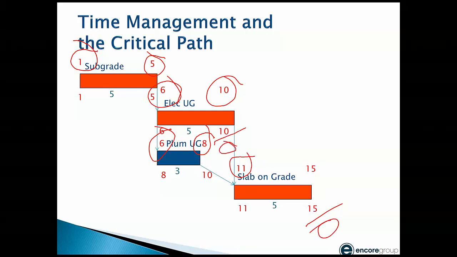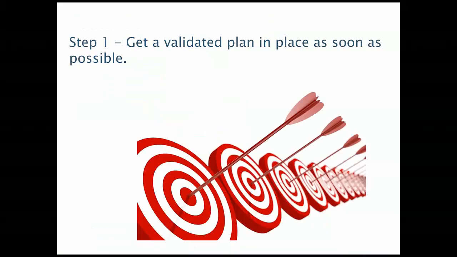My electrician has 0 float. My plumber has 2 days. So what we could see visually, this is how the computer calculates it. And this is important to understand. I'm giving you this little background here just so you understand how to look for things in the schedule that may demonstrate that things other than this are actually going on, okay? So here's one of the first things